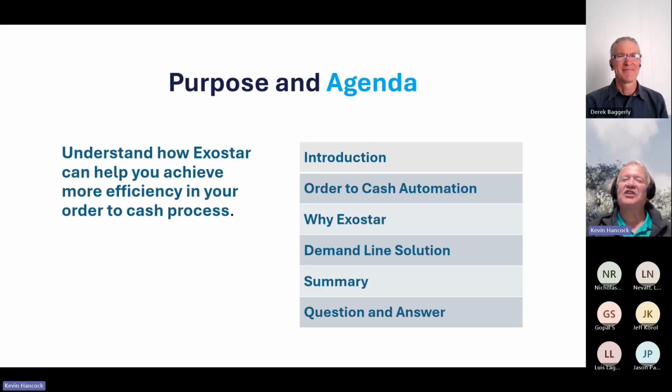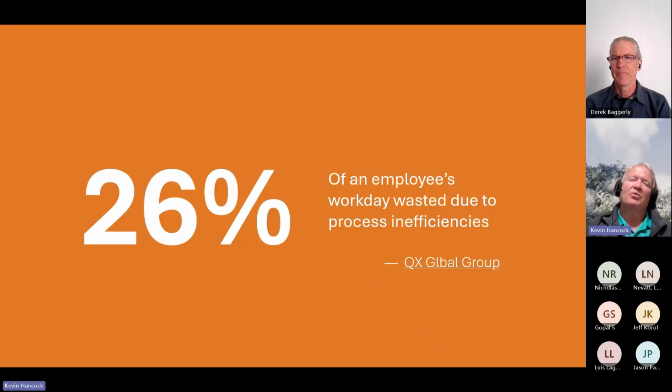All right, everybody. So this is what we're going to cover during today's session. I'm not going to read it to you. Just take a minute, take a look at what we're going to talk about so you understand what you're going to be hearing today. All right. Now, what we're really going to talk about today is how we can improve a process. In this case, it's going to be that order to cash process. Now, as QX Global found, whoops, I misspelled global. I'm sorry about that. I'll make sure I fix that before we send these slides out to you.